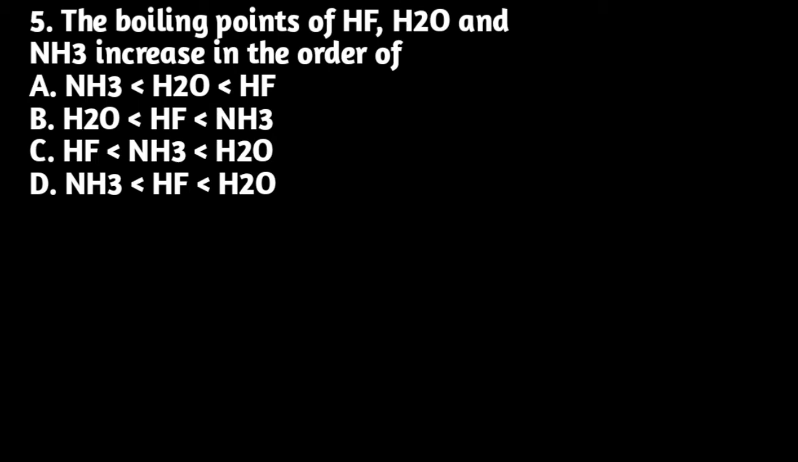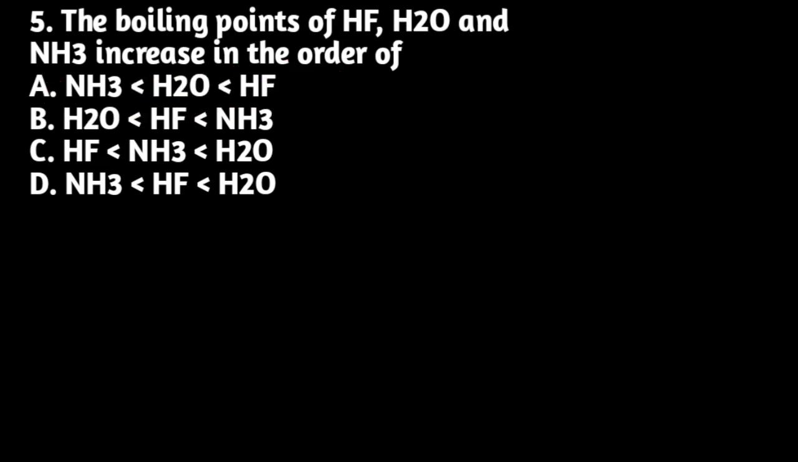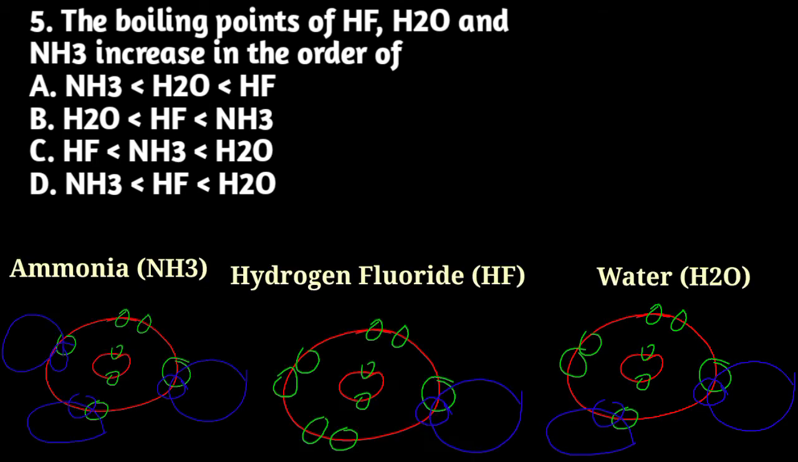Question number 5. The boiling points of hydrogen fluoride, water, and ammonia increase in the order of D. I know you may be asking why D. If you look at the electronegativity, N is less than O and O is less than F. Bonding by hydrogen, which we call hydrogen bonding, occurs with electronegative elements with small atoms. According to electronegativity, we're supposed to have ammonia being the least, water followed, then hydrogen fluoride to be the highest